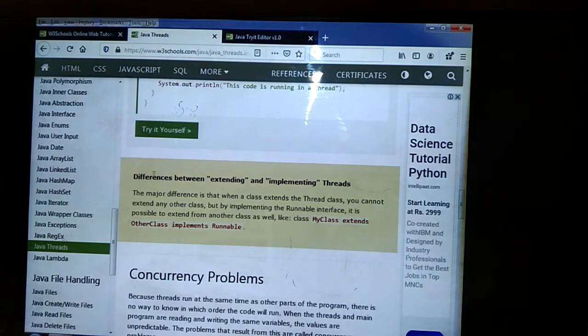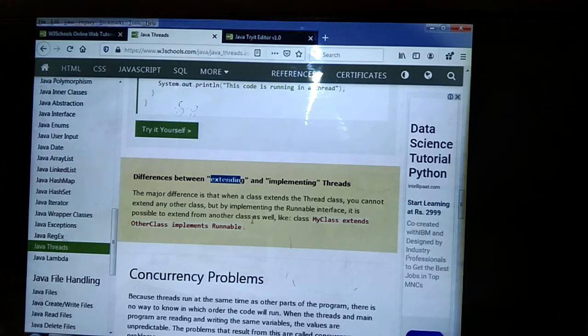Then we can see the differences between extending and implementing threads. What is the difference? The major difference is that when the class extends the Thread class, you cannot extend any other class. That is the drawback of extends.